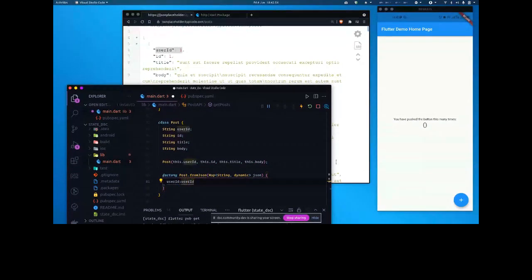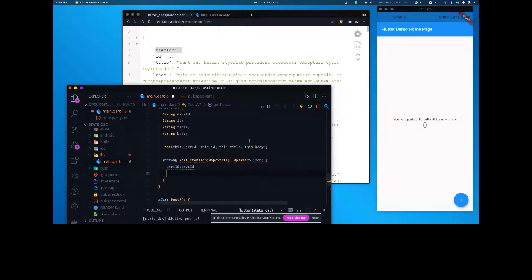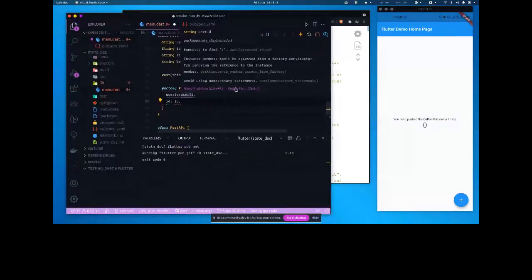This is the user ID that is coming from the API itself. And the next thing is this ID. We still get it as an ID. I'm getting errors. It's better to find